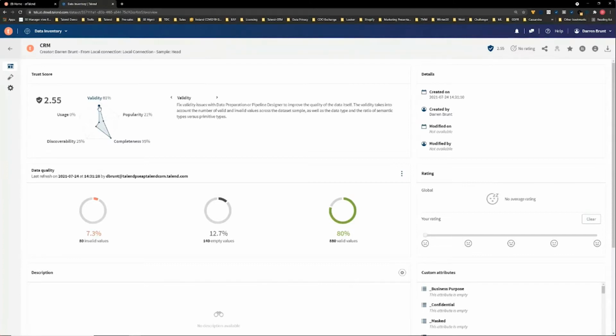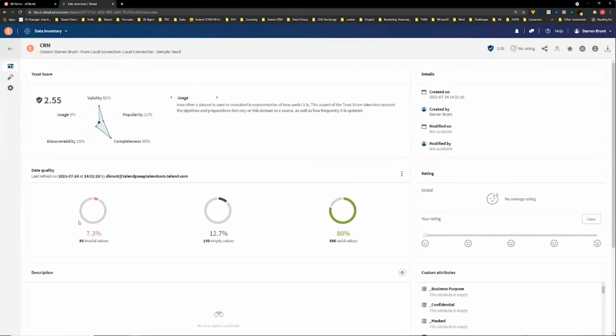Everything from the validity of the data, so generally the data is valid, but we have 19% of the data that's invalid. The popularity of the data, well, it's just a data set that's been just added, so it's hardly popular in the platform. From a completeness point of view, it looks like the data generally is well populated, if not accurate. So again, it's not an issue perhaps that we have in the data of completeness, but accuracy of the data. And also other dimensions here are scoring low around how discoverable is this data asset right now, and where it's used in the platform, clearly not used anywhere right now.